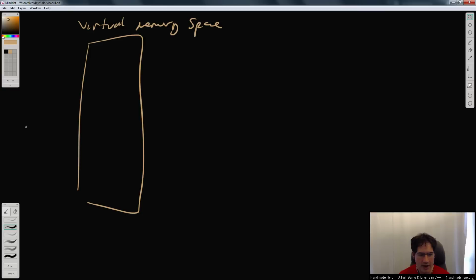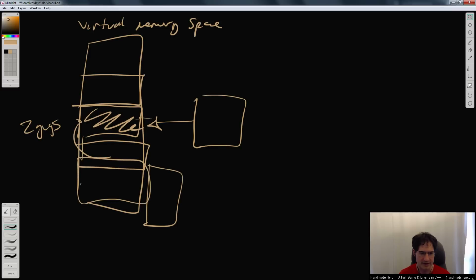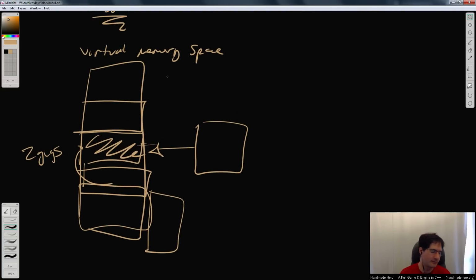So if you have 2 gigabytes of memory, right, and you allocate something here, and then you allocate something here, and you allocate something here, and then this goes away. Now you have a potential fragment because if you have something big, you can't fit it in there, and you can't fit it in here. But if you had moved this over, back, you could have fit it down here or something, right? So that happens. But the operating system,